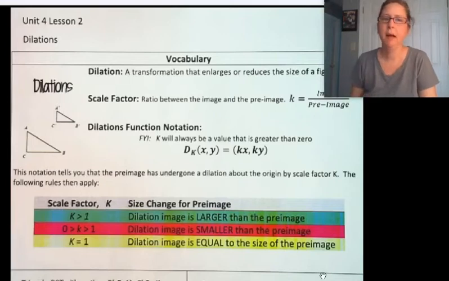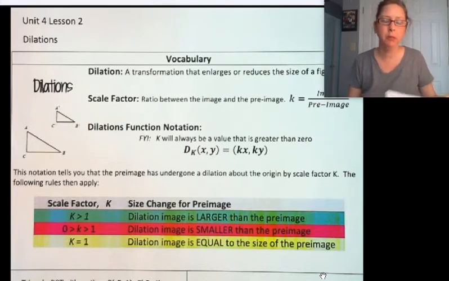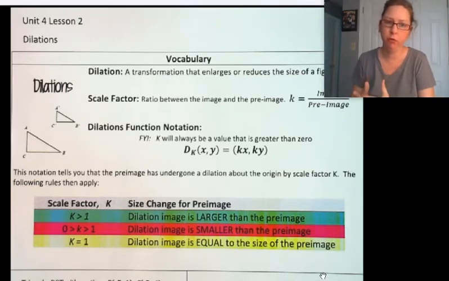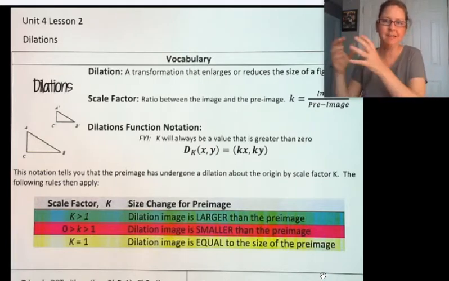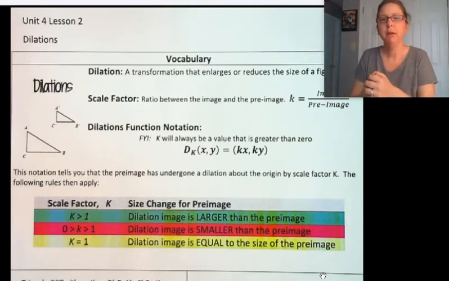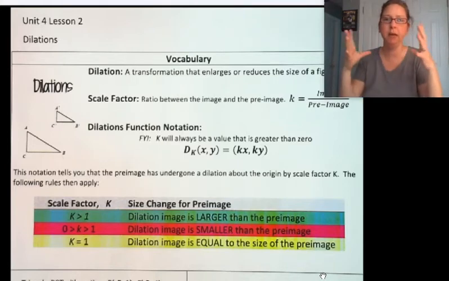Hey guys, today we're going to do Unit 4, Lesson 2, and this is about dilations. If you remember back from Unit 1, we did discuss our rigid motions. So we had reflections, which flip, a translation, which kind of slides, and a rotation, which goes around. Today we're going to talk about dilations, which take a figure and make it either bigger or smaller than the